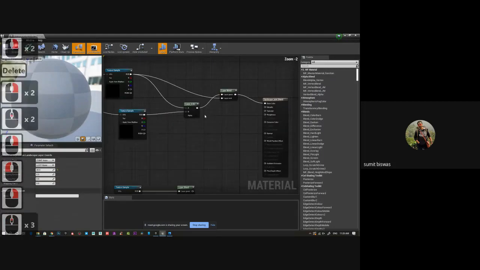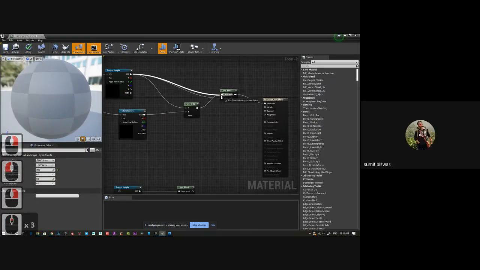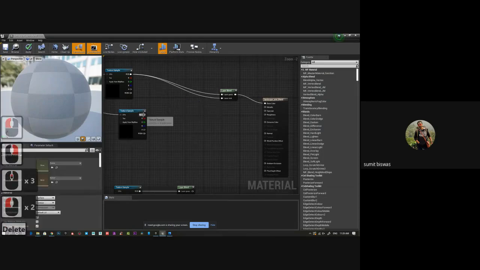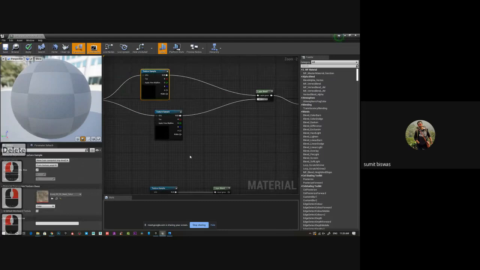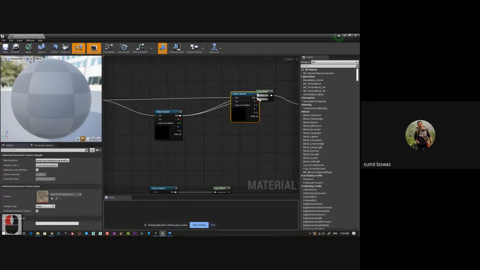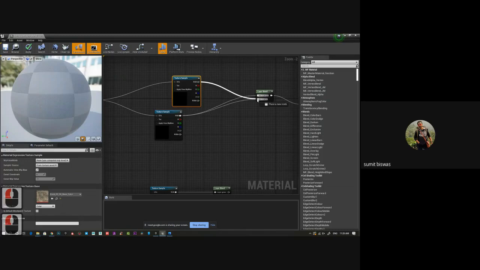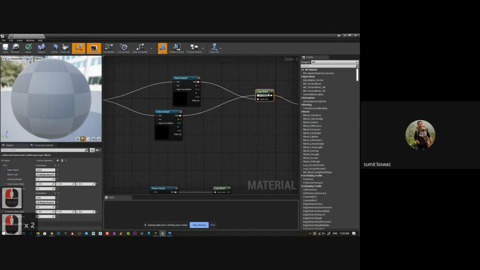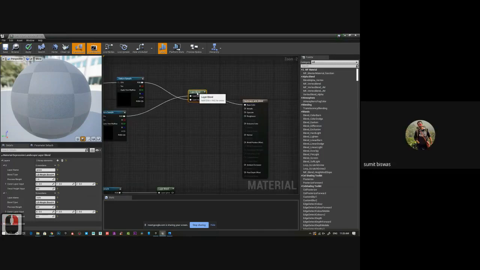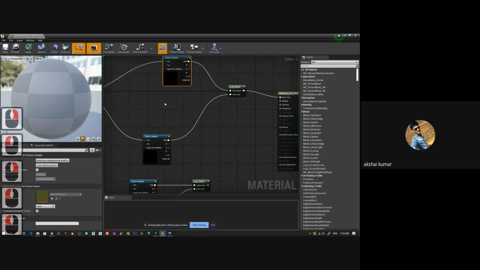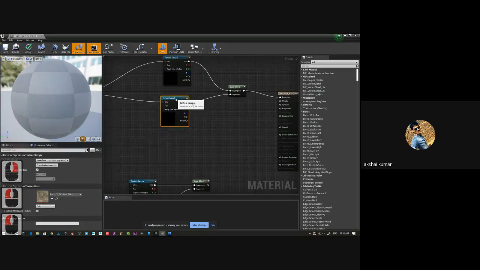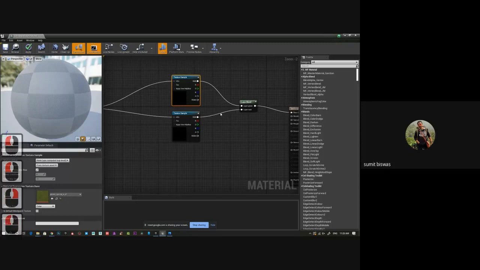Very simple setting. This is your grass, delete, and delete. The first one is rock, so it should go there, and this should come here. You can see this is the layer blend. Should I explain this also? No, sir. This thing you know. Yeah, I have doubt in those complicated things. After that, okay.